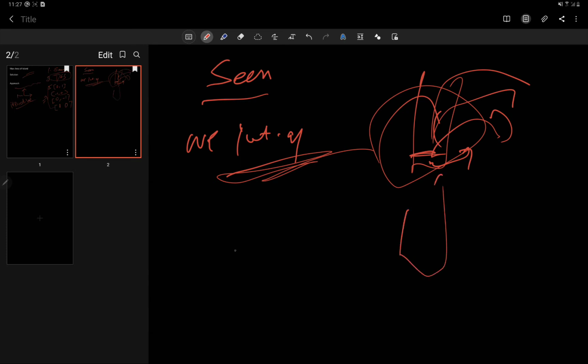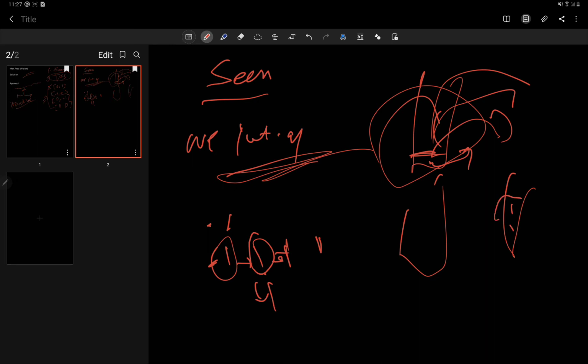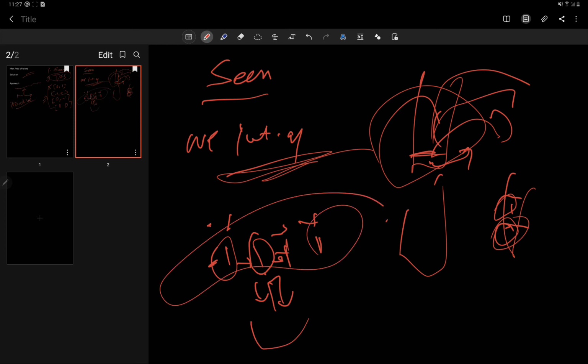Why? Because suppose here is 1 1 1 1 1 and 1. So we add this coordinate, we pop it out, then we see all its neighbors, it has 1, so we add this. Now when we move to this point, it has 2 ones, so both the ones would be added in the stack, that is both the coordinates would be added in the stack. And once we move in this direction and we go on, after coming back we will again pop and go in this direction to see if there is any island or not.